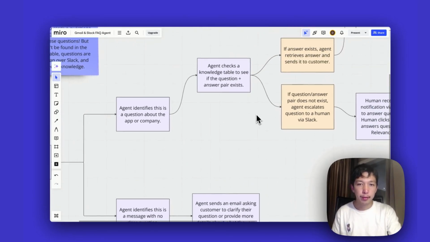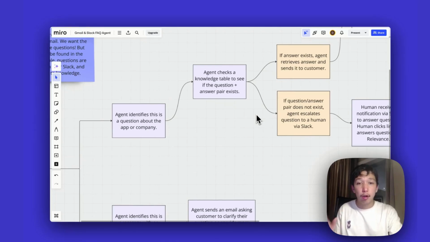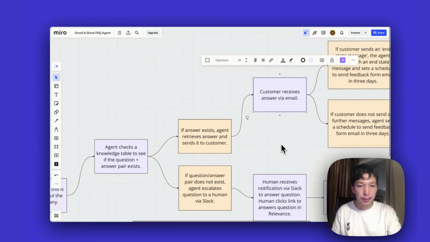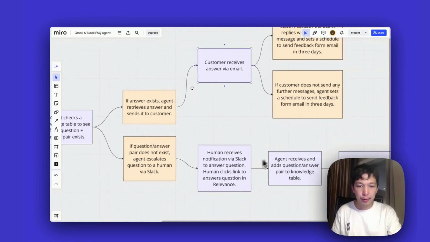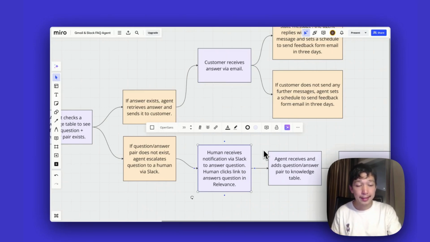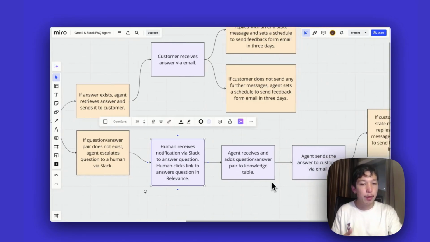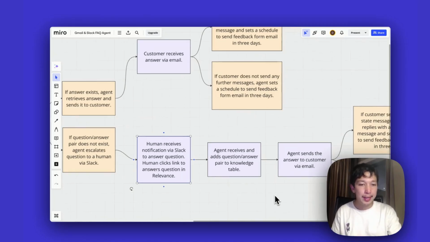Otherwise, we follow this little flow here where we check the knowledge table that we've provided it to see if there's a suitable question answer already there. If there is, then we can reply to the customer, obviously. But if there isn't, we want to notify a human. We can escalate to Slack. The human can then come in and answer the question. We will take that answer and we'll add it back to the knowledge table. So again, in the future, the agent doesn't have to ask us again,